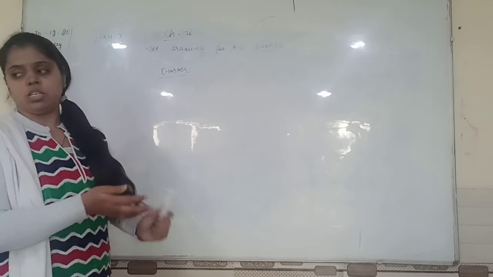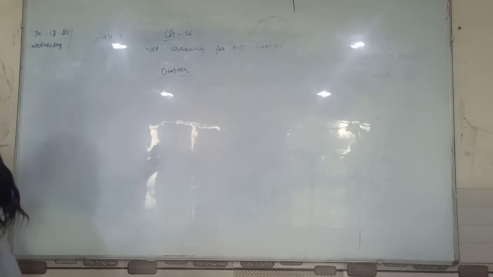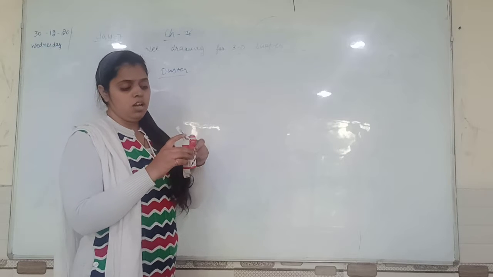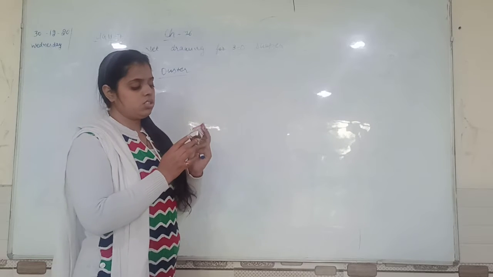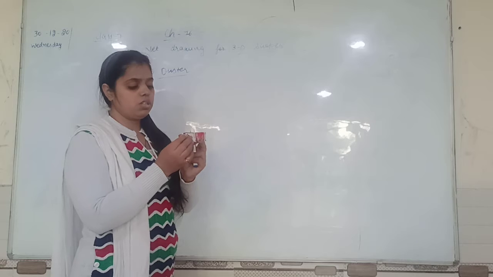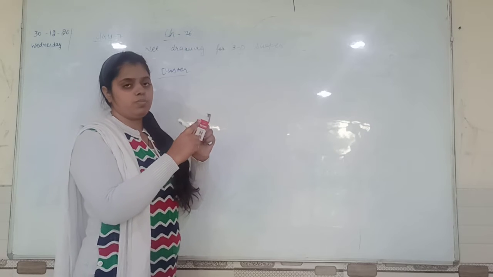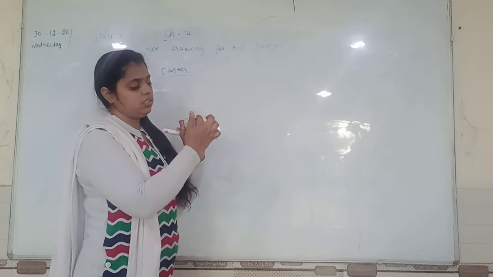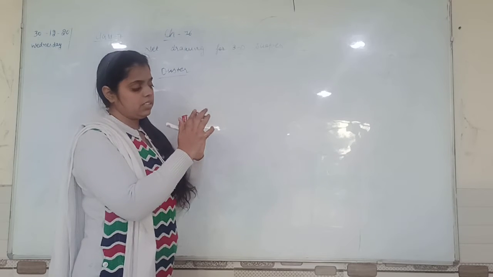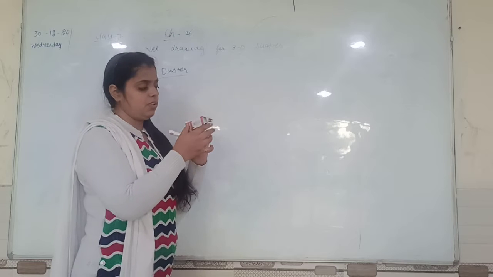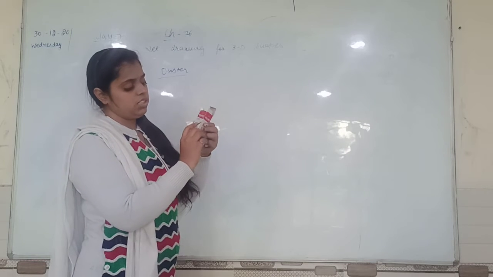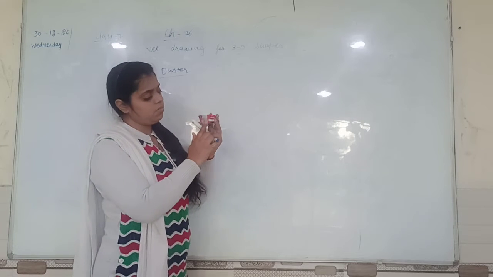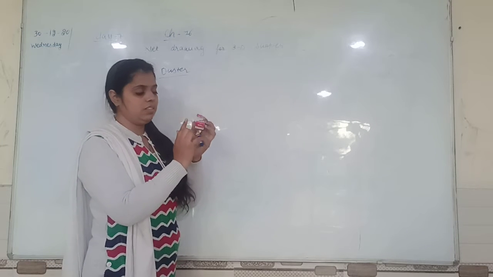What happens in a net? For example, you will see this cover of an ink bottle. This one. How will you draw it? This is also an example of 3D. How? This side will tell you its length. This tells you its breadth. And this corner will tell you its height. If it is like this, and now it changes like this, then also it will remain the same length, breadth and height.